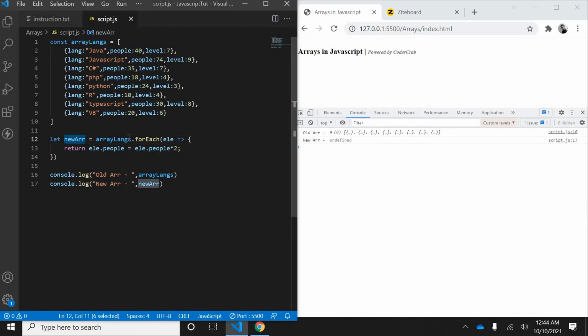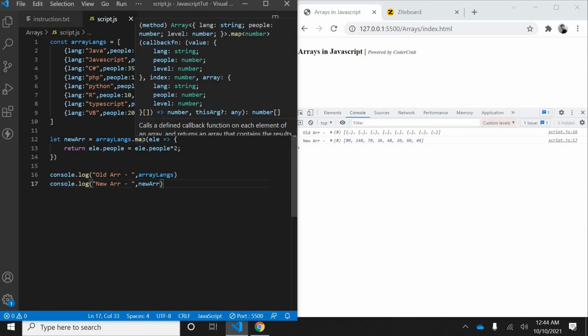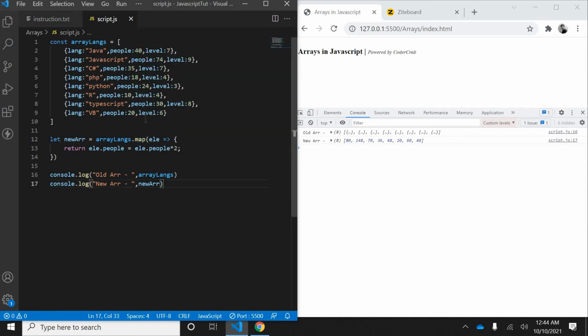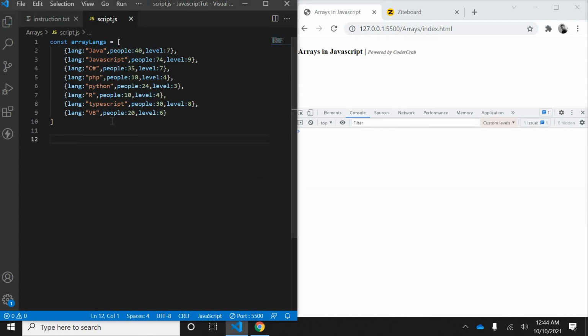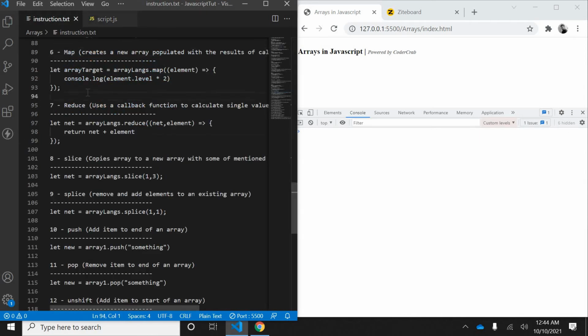The reason is that forEach doesn't yield a new array, whereas map will yield a new array. So this is pretty easy to use and get the values which you want from a bigger array. That makes sense in complex logic and complex use cases. So let's take this example and keep it aside.